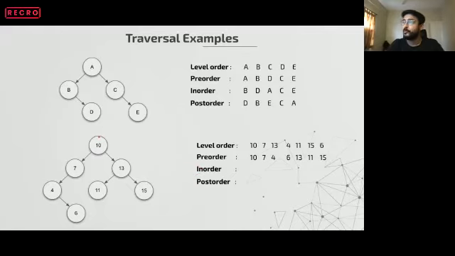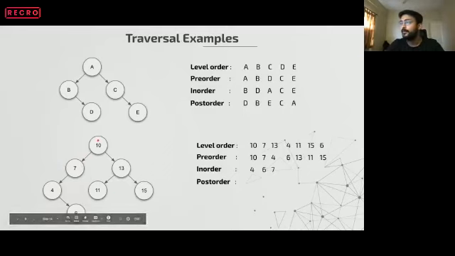So we start with root. Since it's in order, we cannot process the root yet. We have to go to left child first. So when we go to left child, 7 becomes our root, but we cannot process it yet. We go to left child. We cannot process it yet. Since 4 does not have a left child, we have to process the root now. So 4 is our first output. Okay. Now we have to go to right child of it, which is 6. Correct. Now for 7, left child is done. Now it's time to process the root, which is 7. 7 does not have a right child, so we are done with this node.